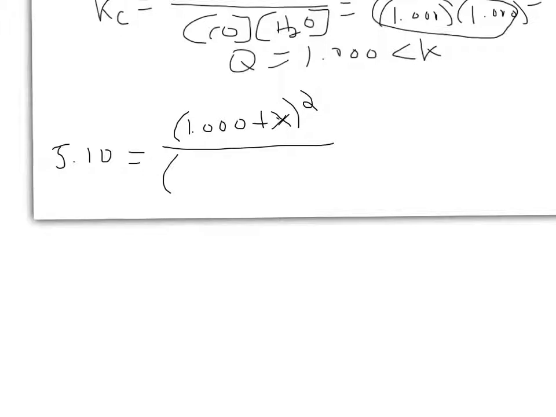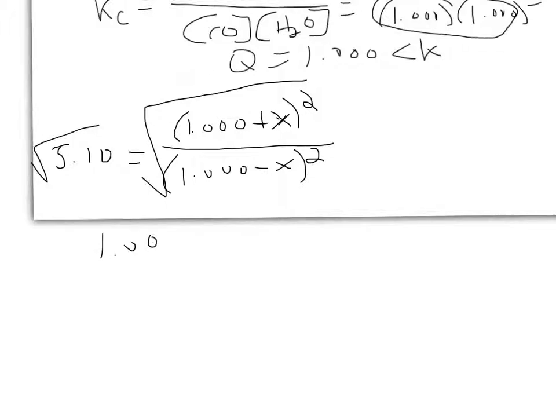And then the reactant concentrations are going to be decreasing by that same amount of X. Again, there's 2 of them, so that's why I'm squaring them, just to save myself some space. Conveniently enough, since we've got the top and the bottom that are squared, we can take the square root of both sides to get those squared terms out of here. And then we just algebra it up, so we end up with 1.00 plus X divided by 1.00 minus X, and that equals